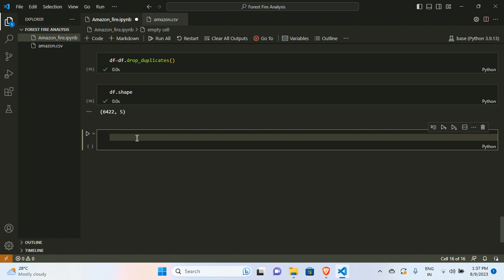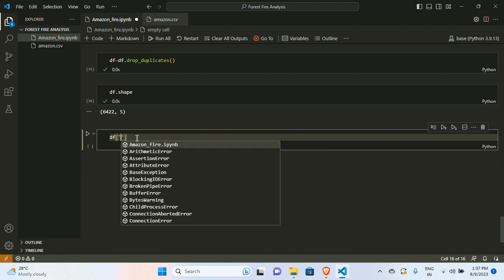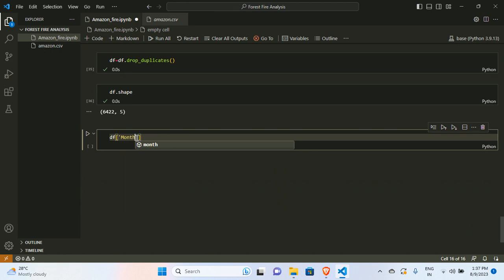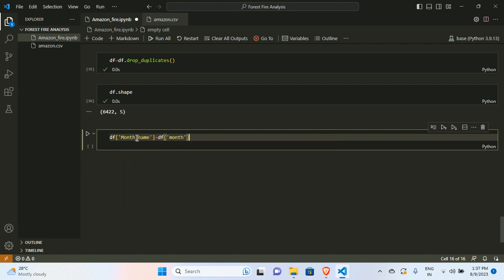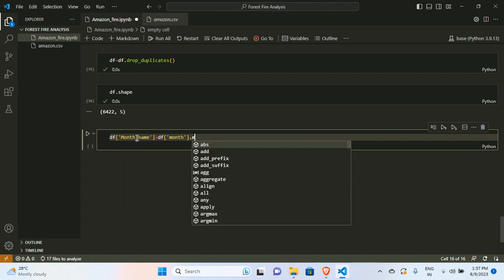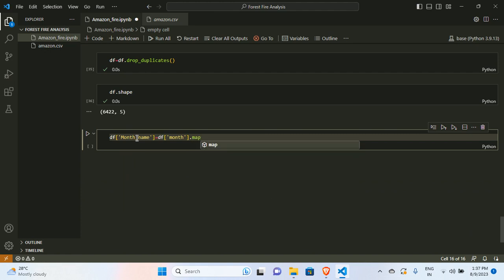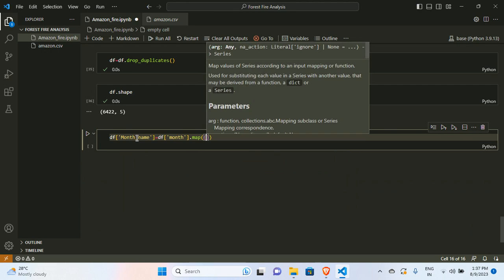Now what we do, we rename the month names into English, because I don't know the language it is in, Brazil, and I don't know what language they use. You can Google it. So I'll just write df dot month name. You can just write it as month, but I'll give it the month name. And from df, the column we have is month. So I'll apply the dot map function, and we pass the